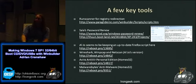Sal's password renewal is really cool. It'll look for installs of Windows on the local hard drive and actually sit there and edit the registry files to install a service that the next time it boots, it'll either change an administrator password on the local machine or create a new administrator password. So if you need access to a box, you can boot from that, use Sal's password renewal, and just start creating yourself